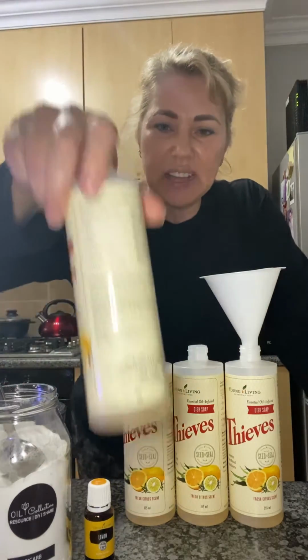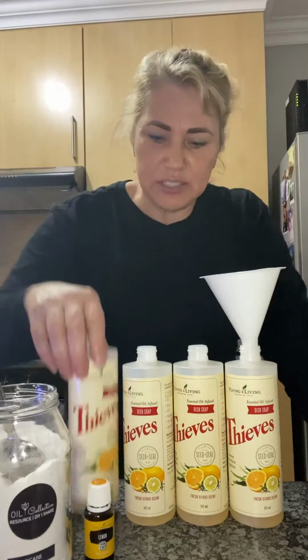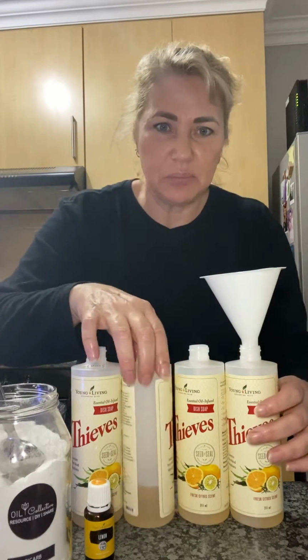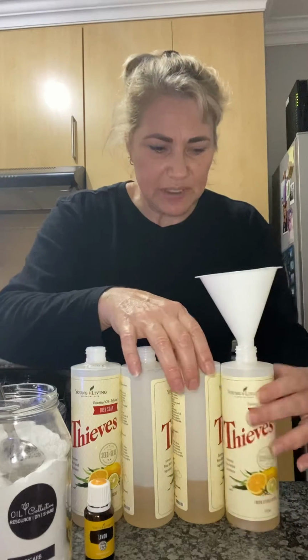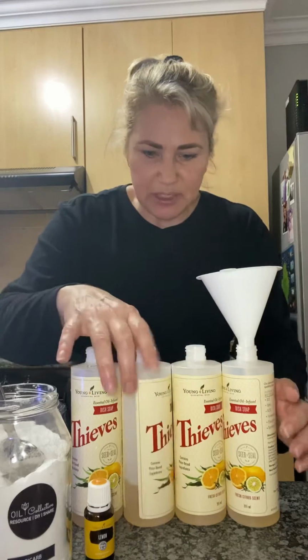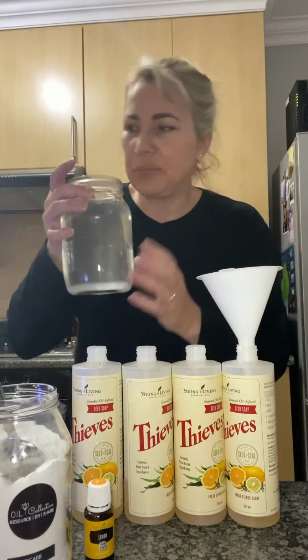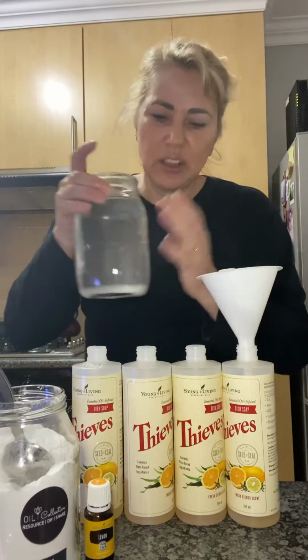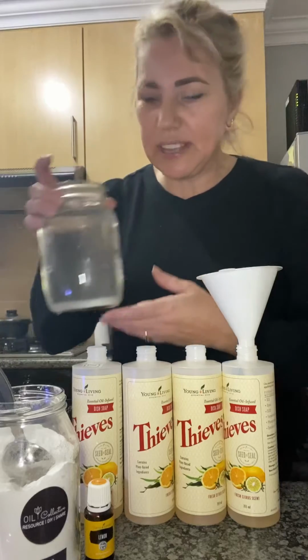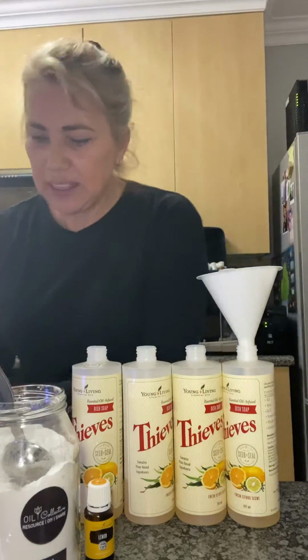So you can see I've taken one dish soap and I've shared it between the bottles. They all have equal amounts in. What I've done in preparation, just to make the video a little bit shorter, is I've mixed some bicarbonate of soda with warm water, warm filter water. So I boiled some filter water, and then